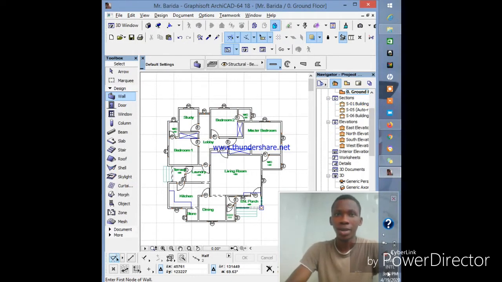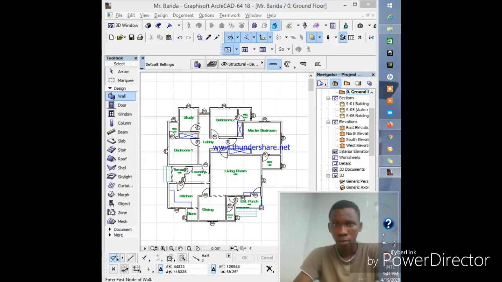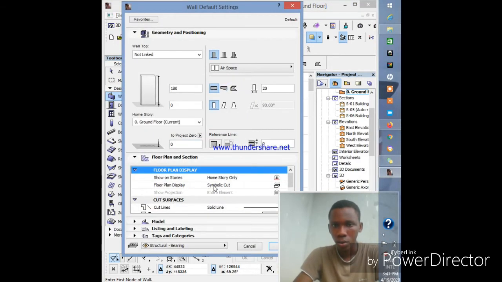So what I would like to do right now is teach you guys how to change wall thickness. There are various types of wall thickness. So today's video I'm going to teach you guys how to change wall thickness. So we're going to start by going to settings, default settings, the settings dialog. Then we go down to